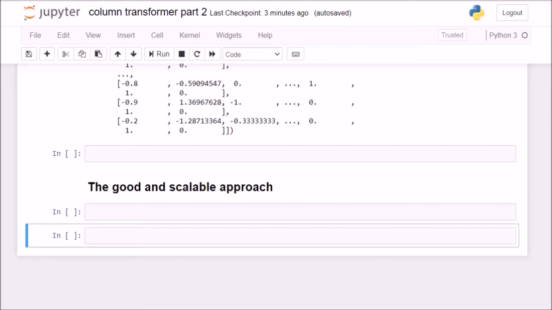Okay, so a pipeline is useful. We want to basically apply chained transformations on the same set of columns. And when is a column transformer useful? Well, a column transformer is when we want to apply different transformation steps to different sets of columns. So for different sets of columns, we use a column transformer, and for the same set of columns, when we want to apply multiple transformation steps one after the other in a chained fashion, we use a pipeline.